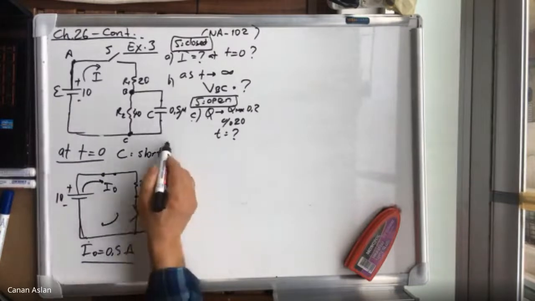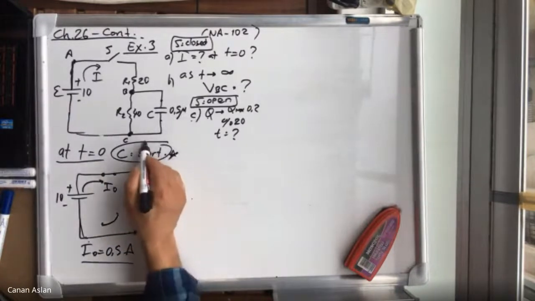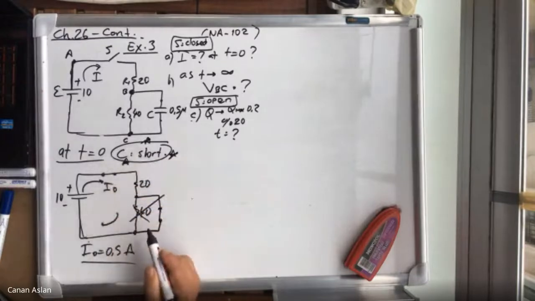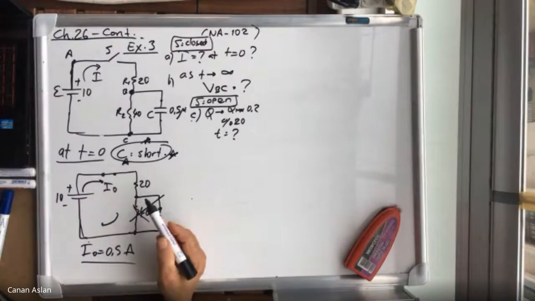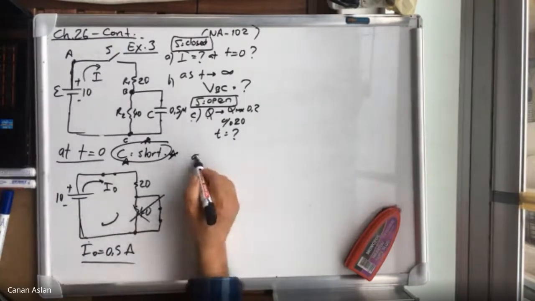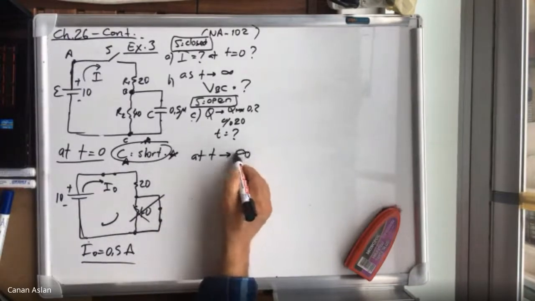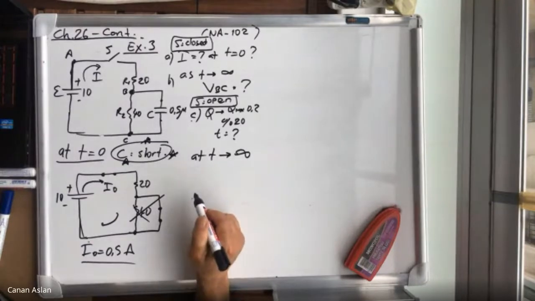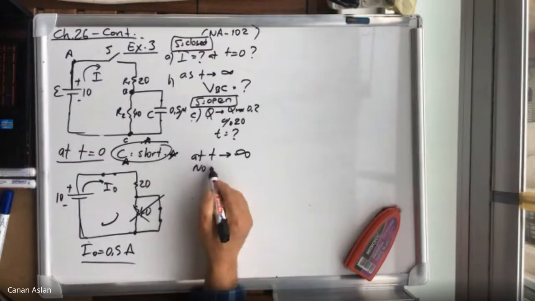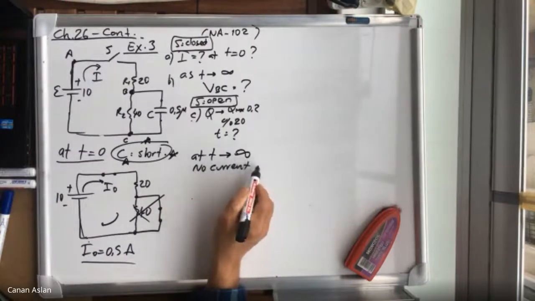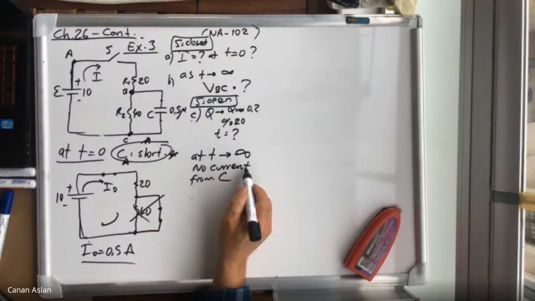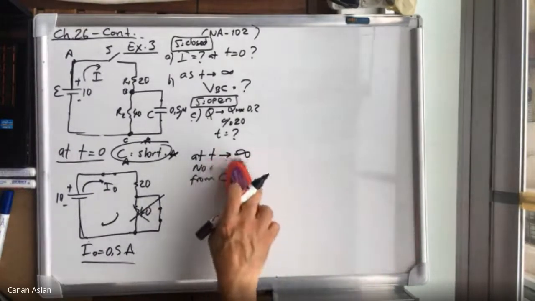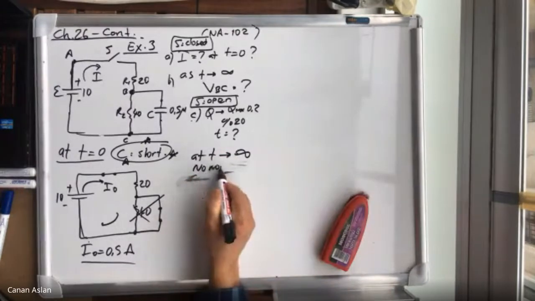So initially, C is short. Don't forget, I put a star mark there. This is very important. As t goes to infinity, C will be open. So when the time comes, we will use it. At t going to infinity, in other words, when the circuit reaches the steady state, no current is passing through the capacitor. Actually, there is no more charge. Let's write it this way: no more charge